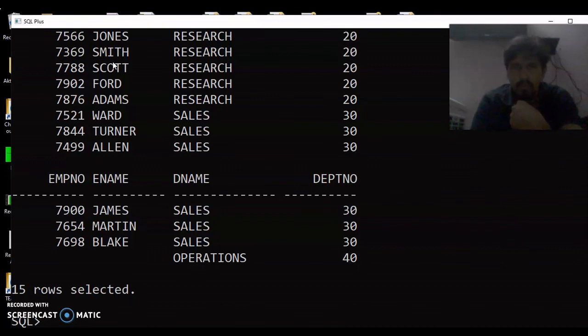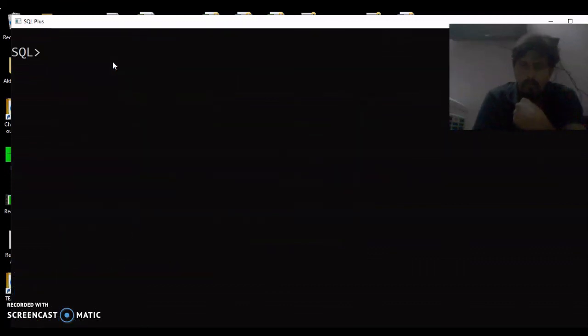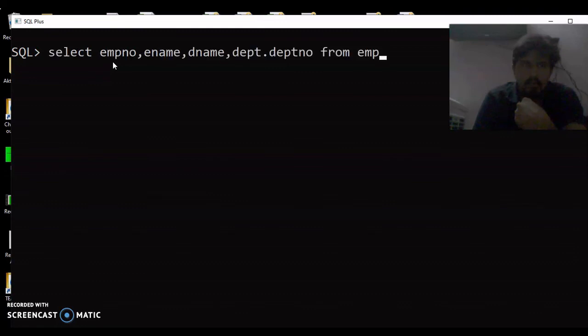Total 16 rows should be there. So here instead of writing right outer join, you will write full outer join.